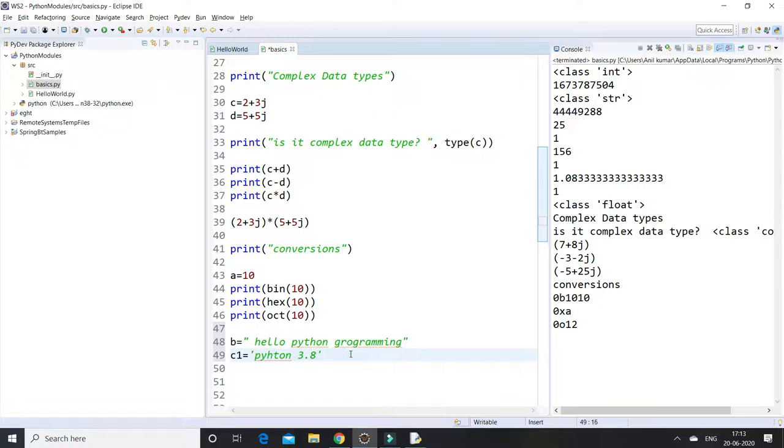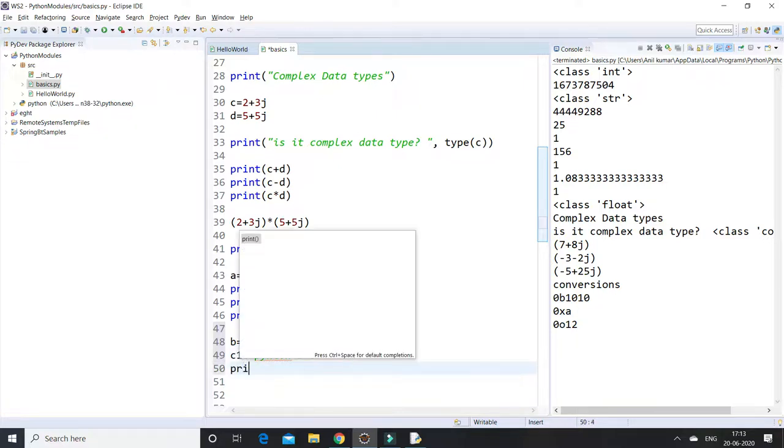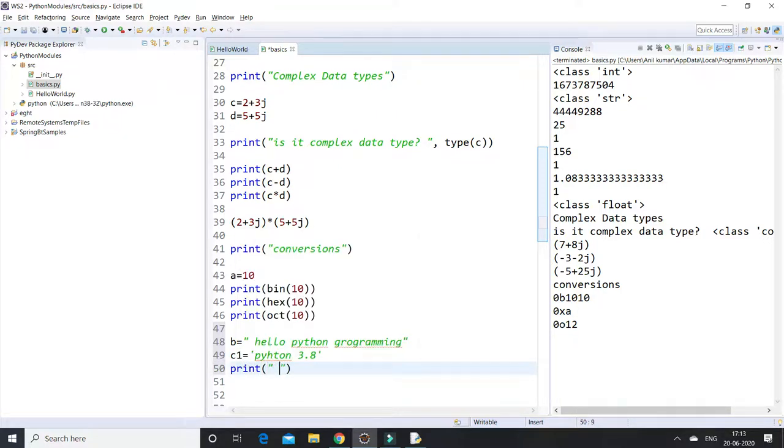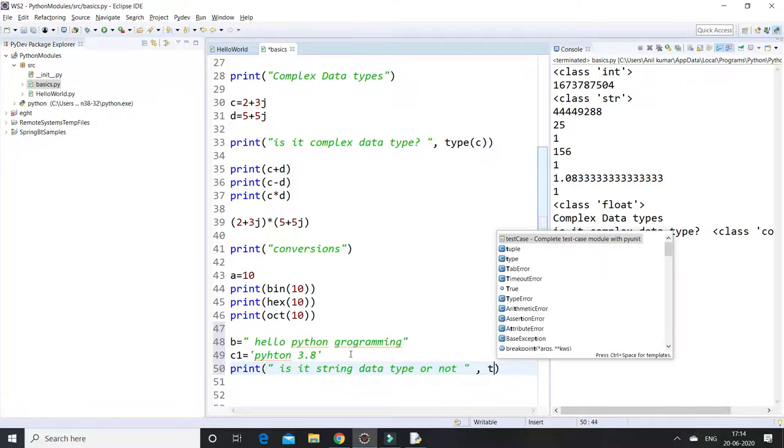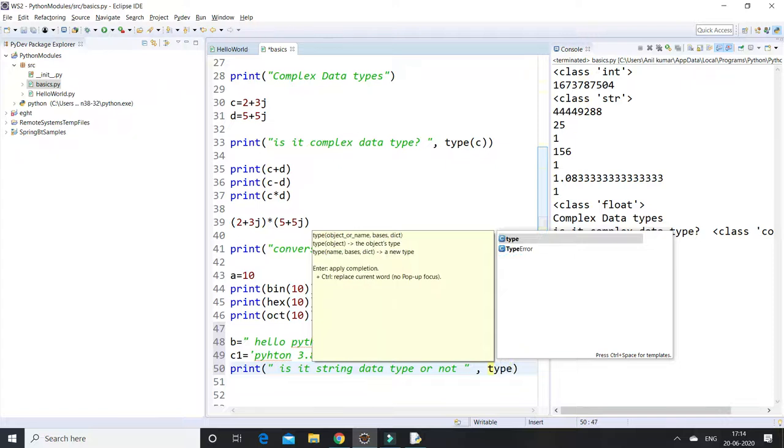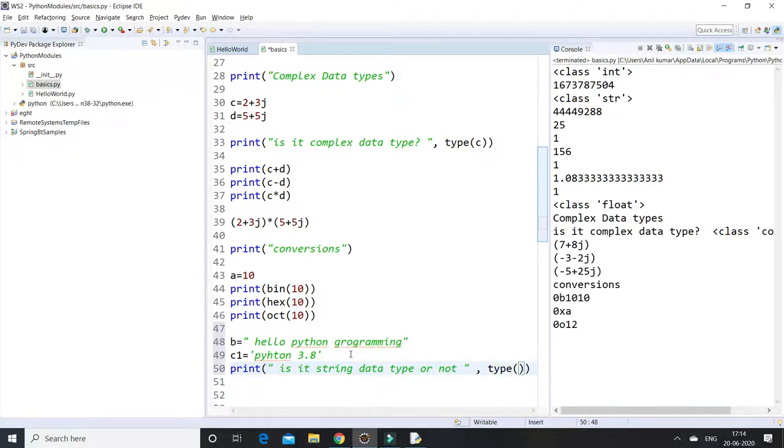If you want to test whether it is a string data type or not, we can use the type method. Similarly we can use it for c1.